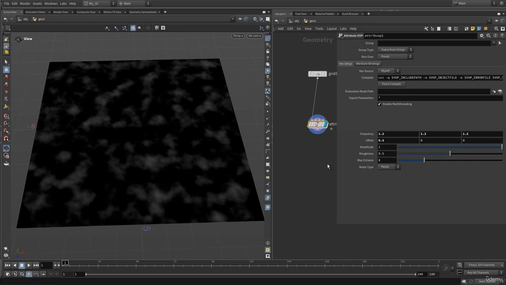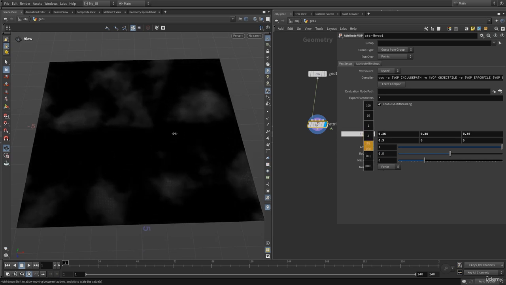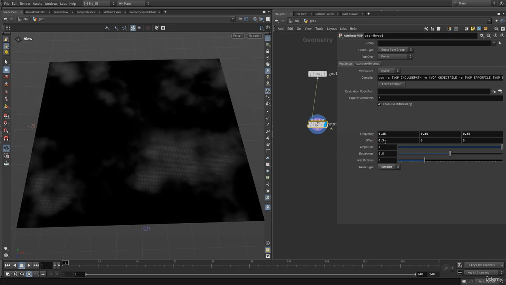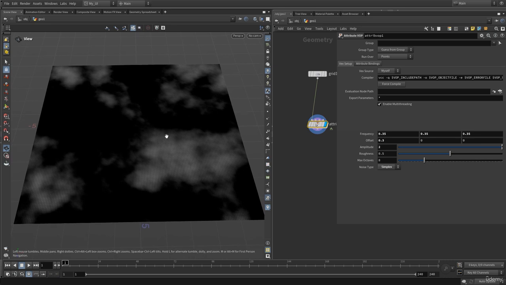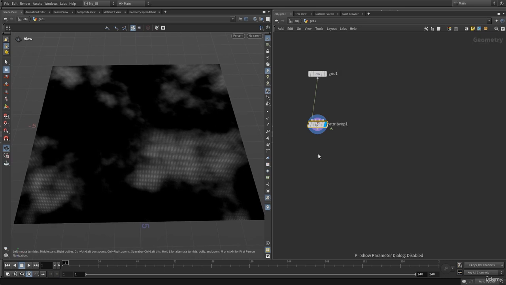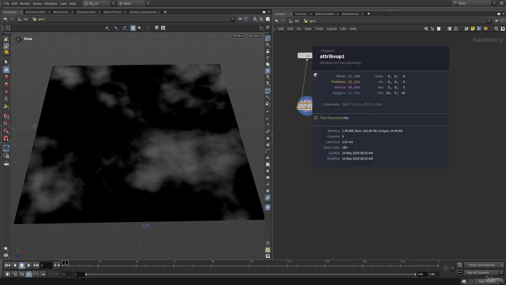Now we have the noise type which is set to Perlin. Okay, let's keep this at Perlin. Let me adjust the frequency. Let's lower down the frequency to create a high frequency noise, or maybe let's change this to simplex noise, and let's increase the amplitude to add a bit more contrast in our noise. Okay, and I think that is fine. And now if I middle mouse button, here as you can see we have a Cd point attribute, color diffuse,